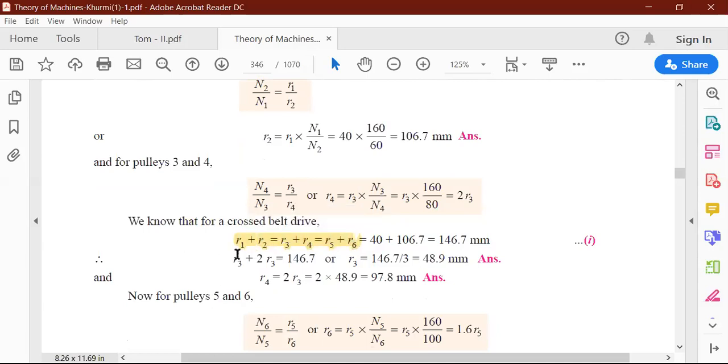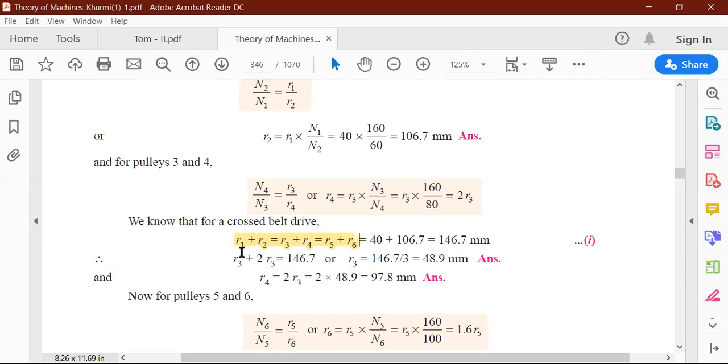For cross belt drive, R1 plus R2 is equal to R3 plus R4 is equal to R5 plus R6. So this is the condition for cross belt drive. We can directly apply this condition. So whenever a numerical is asked in your exam, you should apply this concept: in case of cross belt drive, the summation of the radii of two pulleys is equal to the summation of the radii of other pulleys when they have the same distance apart. Okay, so from this equation we can find out the value